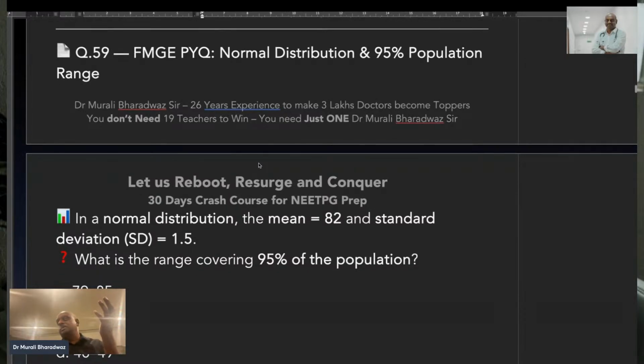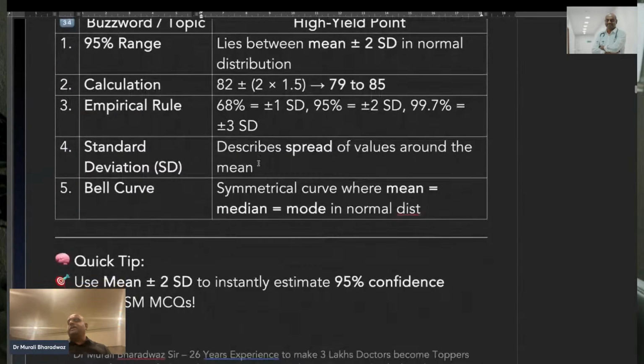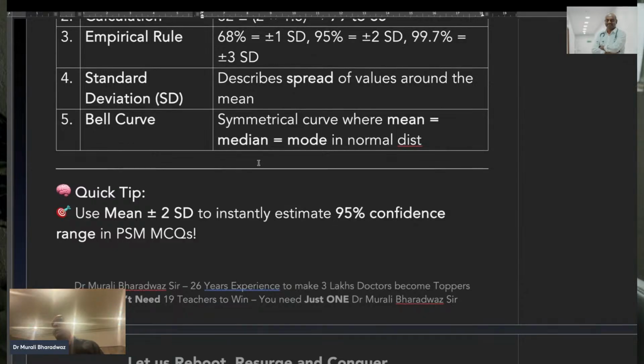Normal distribution curve. Two-three times. Right? 68% fall in 1 standard deviation, 2 standard deviations by 95%, 3 standard deviations by 99.7%. If you have read this, then you are knowledgeable. And in this bell curve, mean is equal to median is equal to mode. All the three are equal in